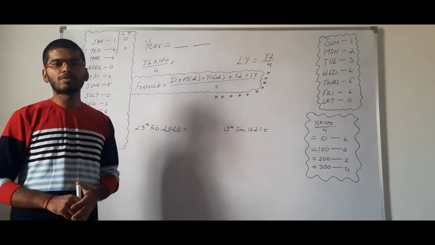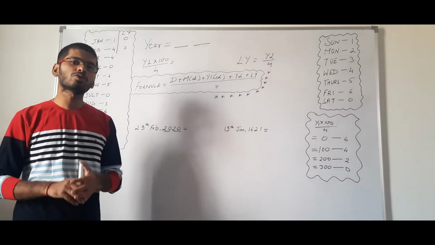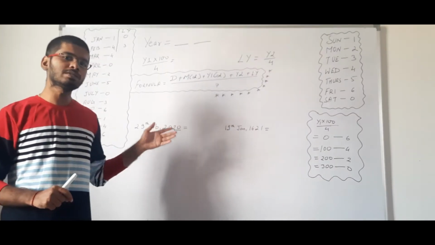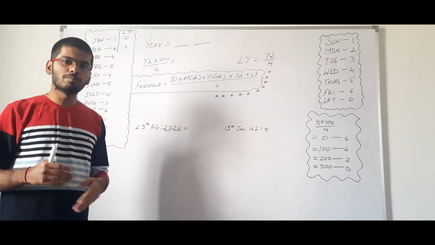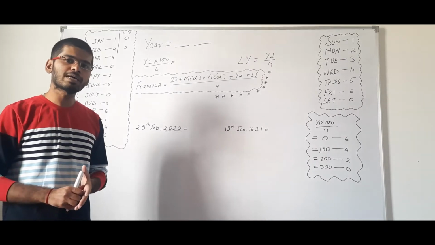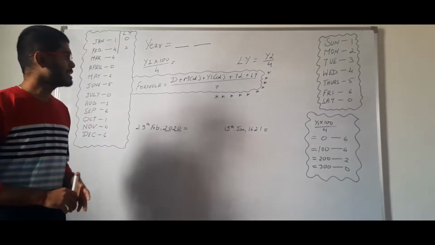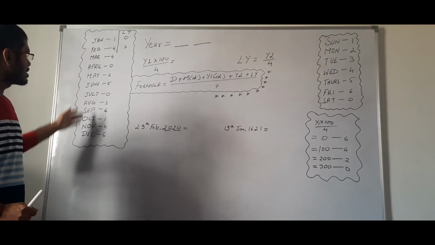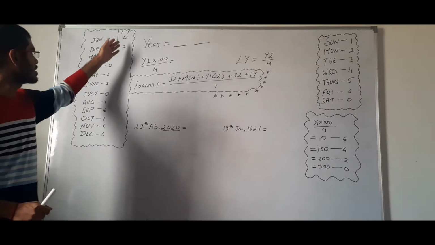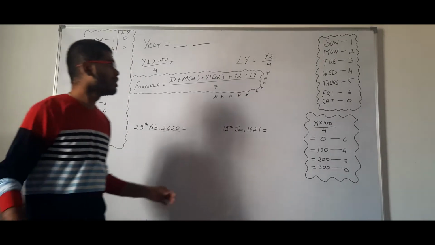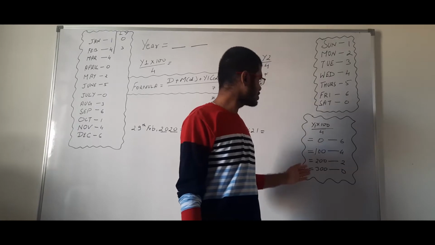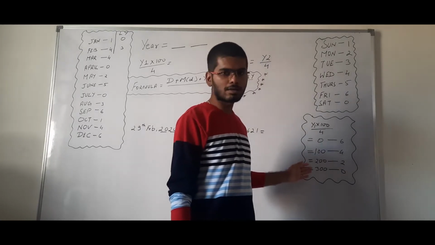In the previous video we have seen how to remember the codes for this calendar concept. In this particular video we will be seeing a few examples for a better understanding of the calendar concept. Now guys, for your reference I have written the codes for Jan to December here. These are the codes for a normal year and these are the codes for a leap year. Also guys, I have written the codes for the weekdays as well as the codes for the year 1 date.